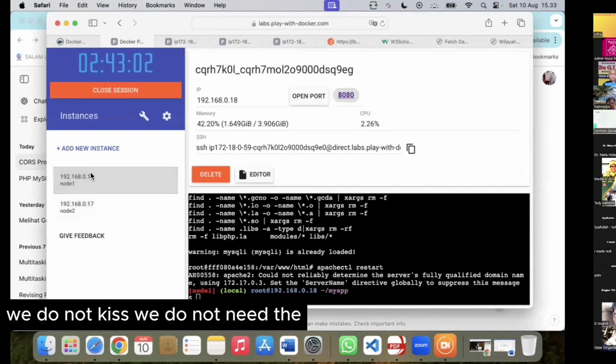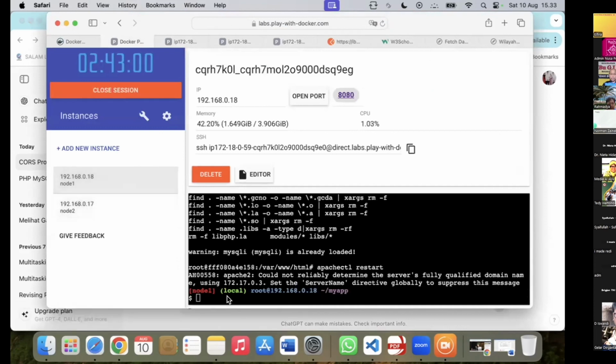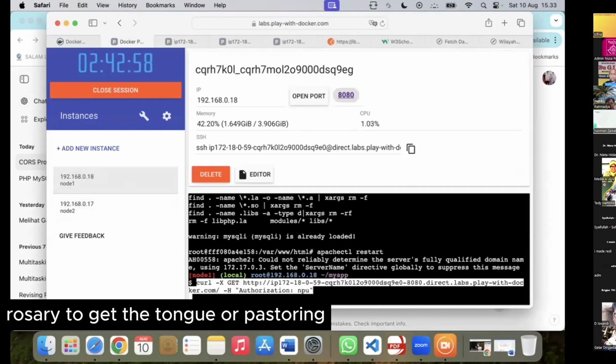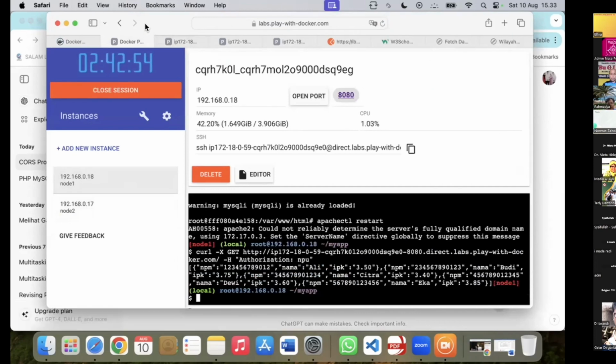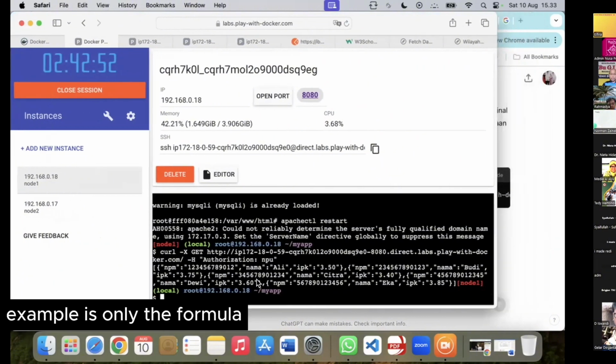We do not need the browser to get the data faster. For example, we use only the terminal.